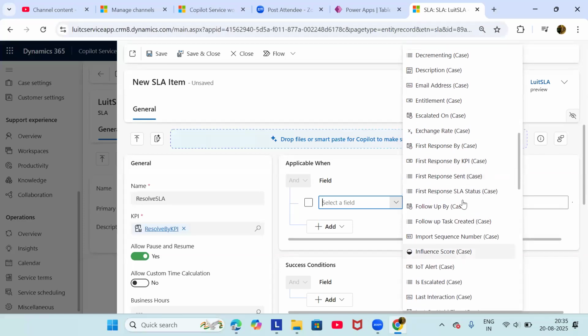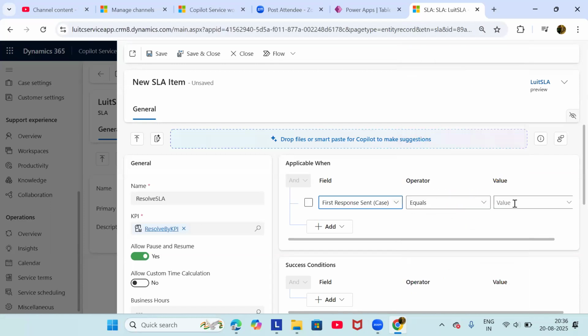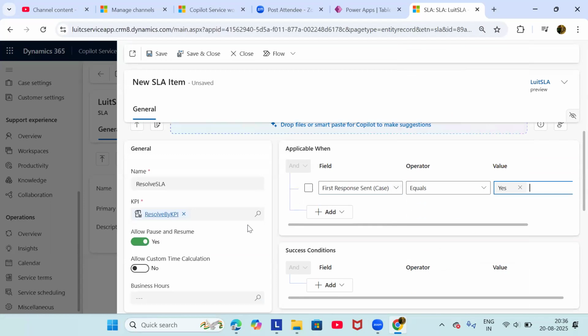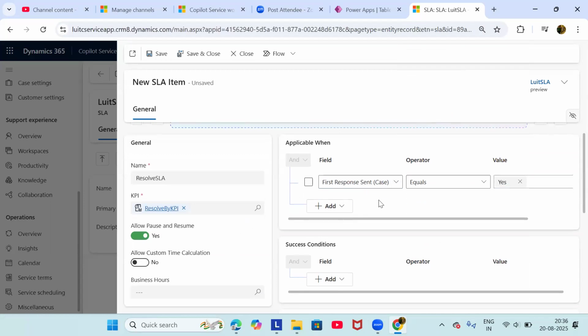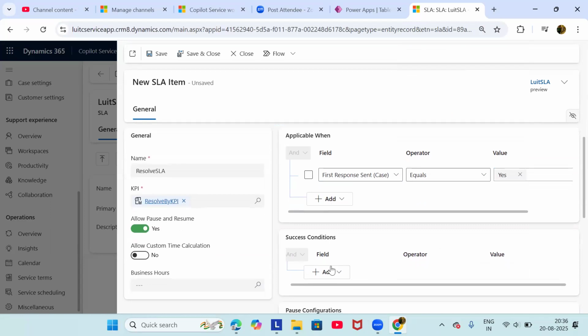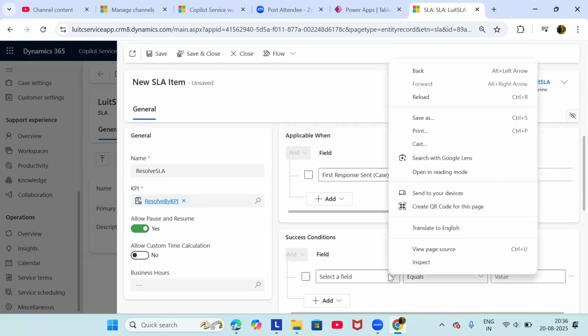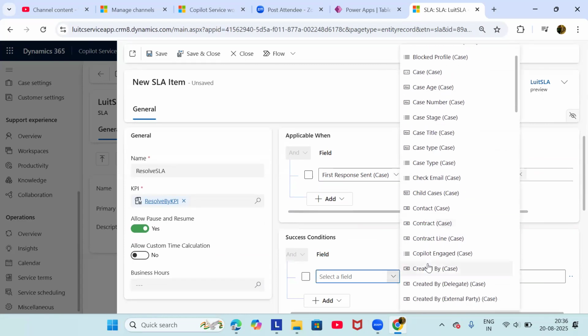I'll say when first response sent equals yes. So if first response is already sent, it means an agent got assigned on the case. So I can start with this resolve by. I'll add a row, and I will be checking how we will know whether the case is active